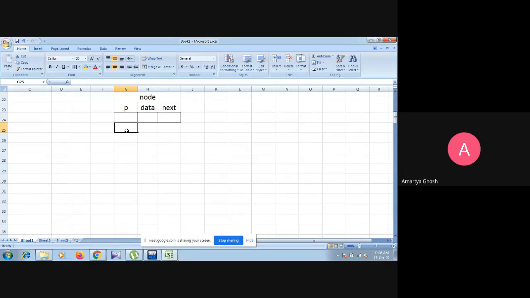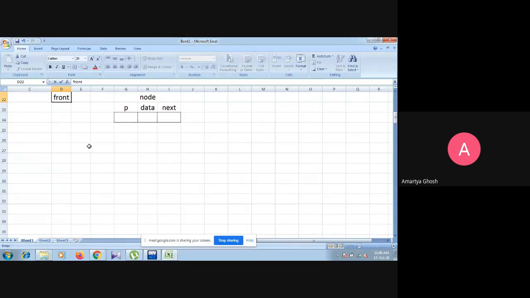Very initially we assign the pointer start as null, because initially the list is not created, or the queue is not created. So this null indicates the list is empty or the queue is empty. You can set the name of the pointer as start or front also, because this is a queue.